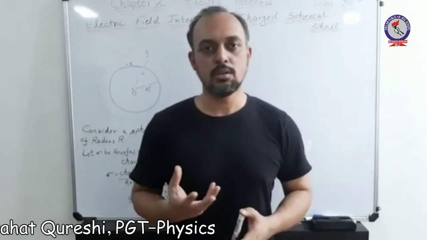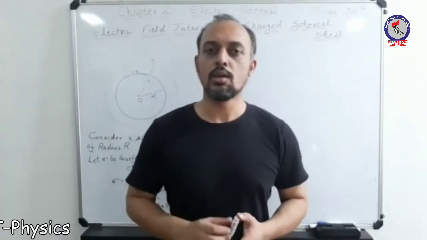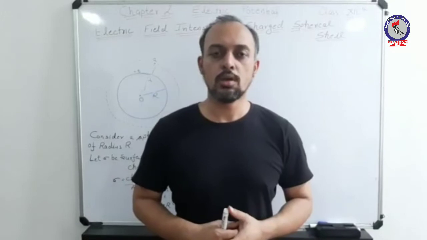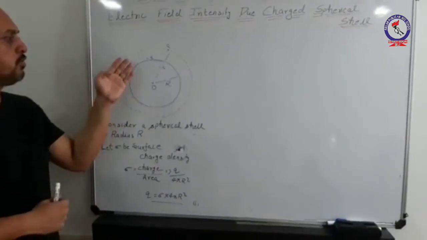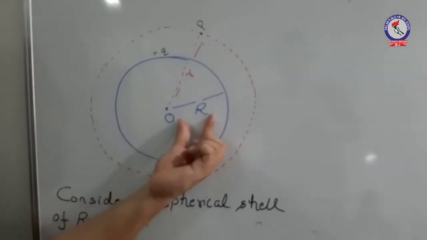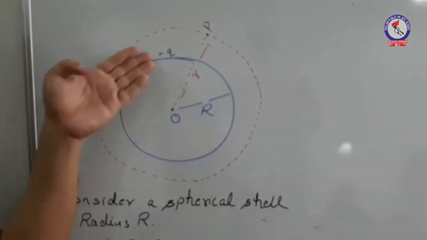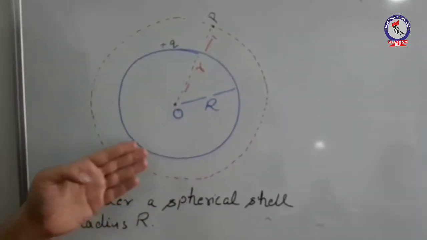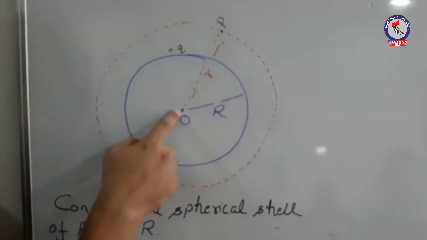That is, a plastic ball can be considered as a spherical surface, as well as a ring can also be considered as a hollow spherical surface. So, in order to derive the concept, let us go through the diagram first. Let us consider a spherical shell, whose radius is capital R with center O. You have a positive charge plus Q which is uniformly distributed over the surface of this spherical shell. Now consider the point P which is at a distance small r from the center of this shell.